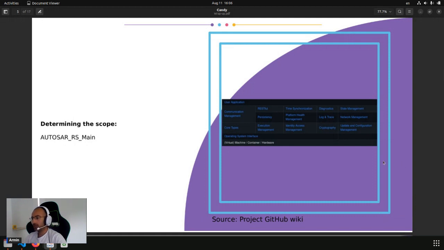And fortunately, at some point, I found out that the RESTful API is out of scope, so it became obsolete. I guess it was R22-11, which was good news for me, because then I could use some standard libraries to interact with any RESTful server. So till now, this part